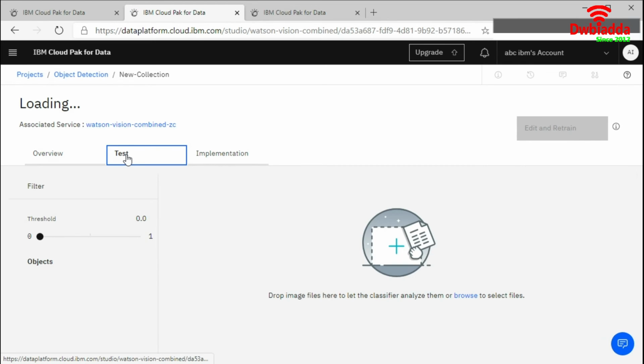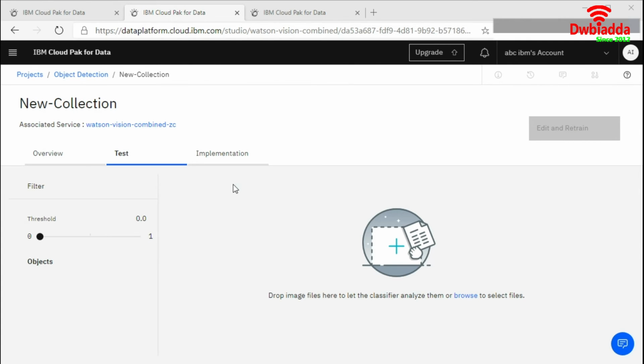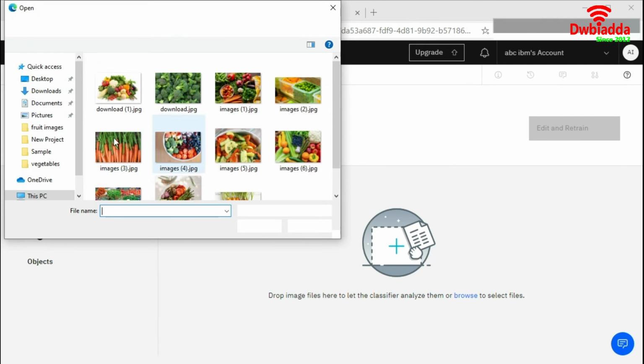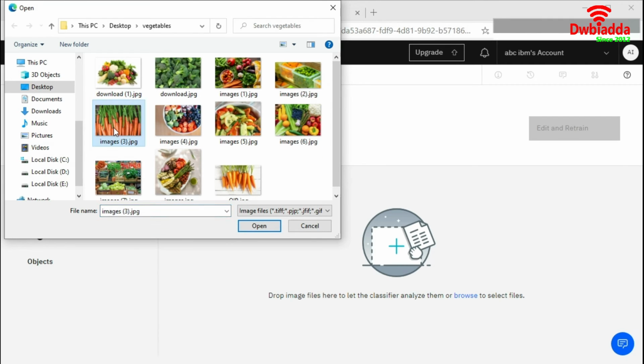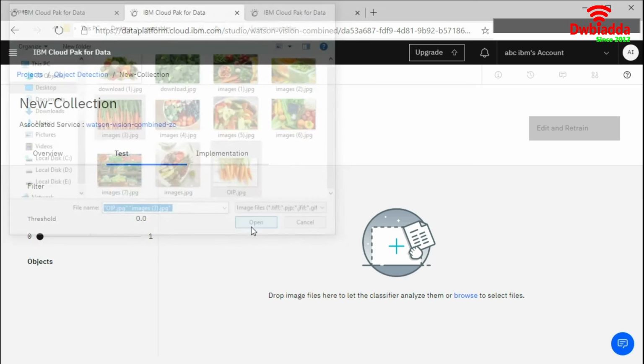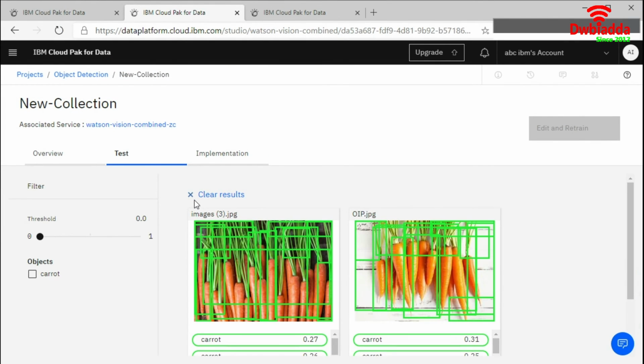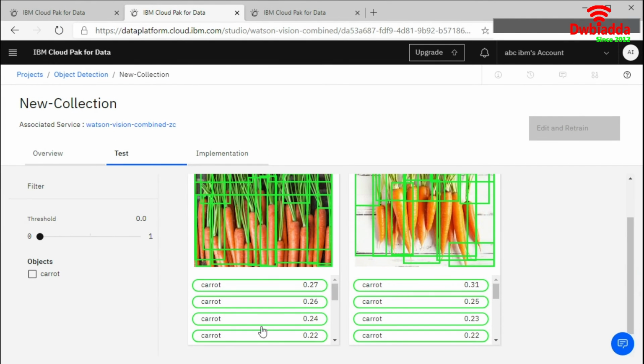It will open this window, as we have done in the case of classify images as well. We will upload a new image here. This one and this one. So we will choose it. Now you can see this here. If I'm selecting this area on the left side, it says 27% confidence level. It's a carat.